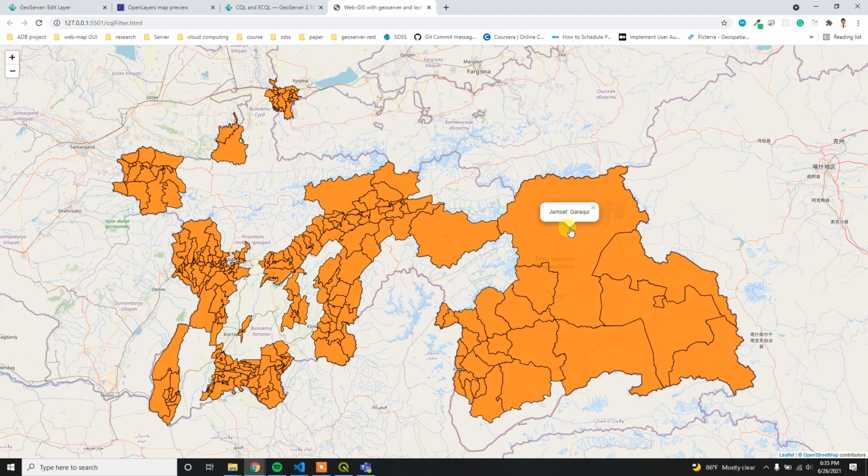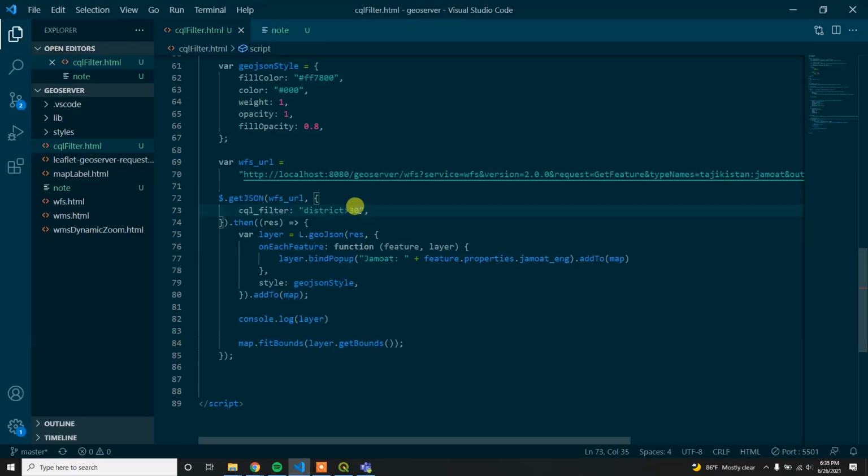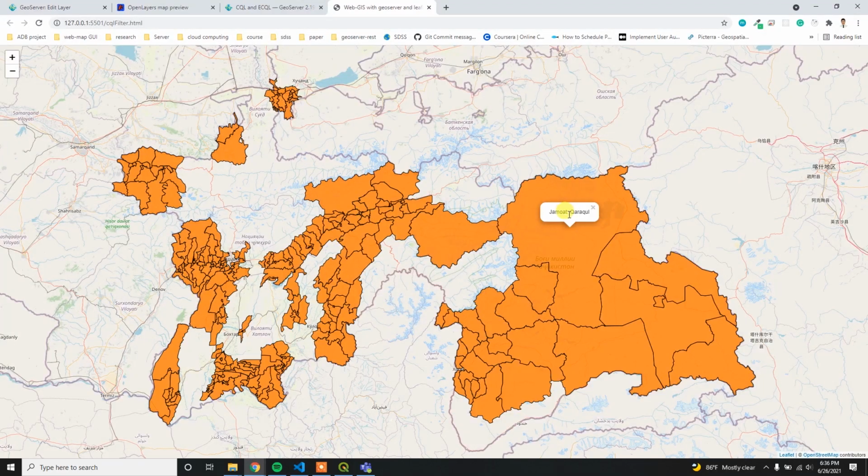If you want to filter this data based on the Zamoth name, we can do this by simply putting here the feature name, which is Zamoth ENG. ENG equal to, and then you have to provide a small inverted comma, and then you can provide this name.